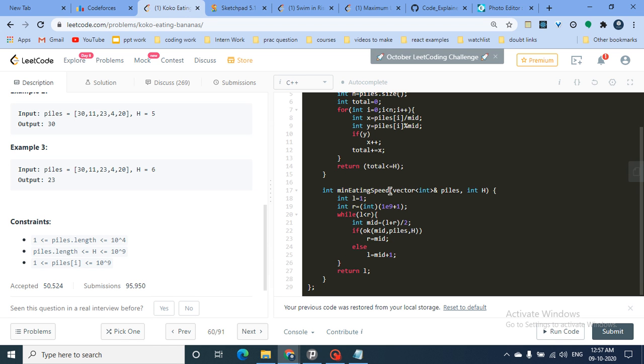So what I think here is that my left pointer is equal to 1 and my right is 10 to the 9. I have added 1 as a buffer value, and I'll do the same thing because it's a monotonic function. I've already made 2-3 videos, so you can understand very easily how I'm writing this while loop. While l is less than or equal to r, mid is the mid value. I'm making this ok function, which tells whether for this particular mid value, which is actually my speed,